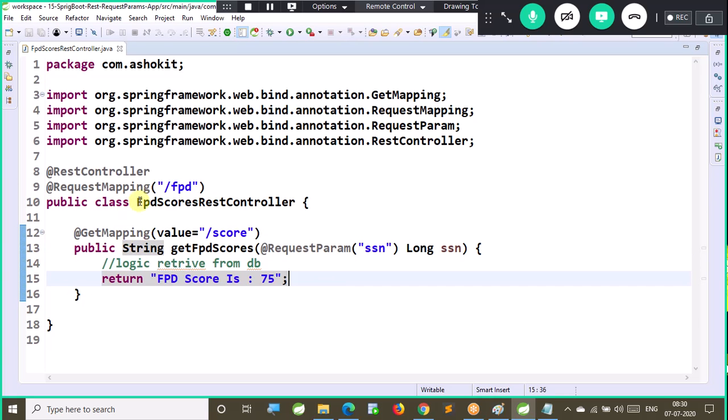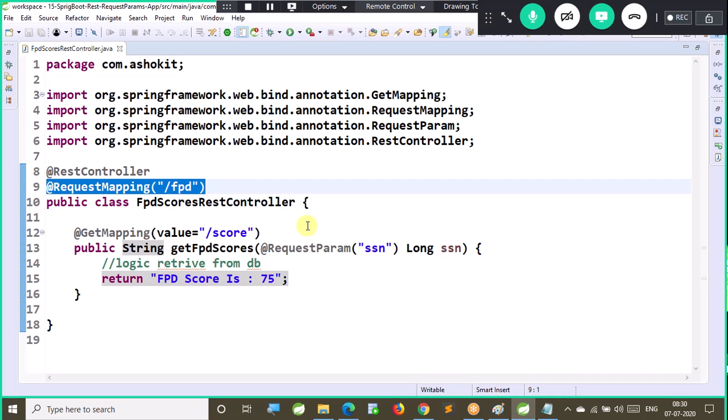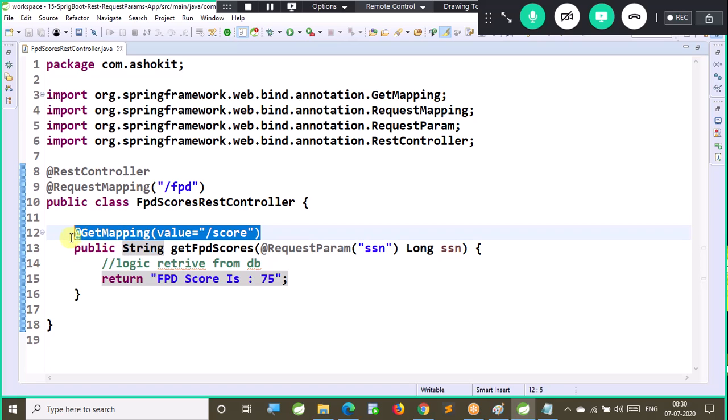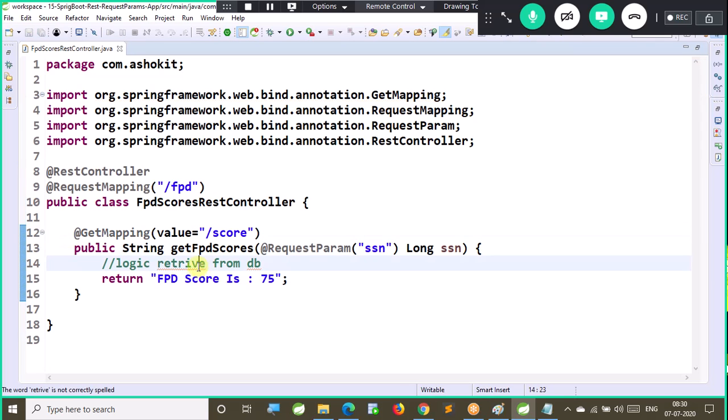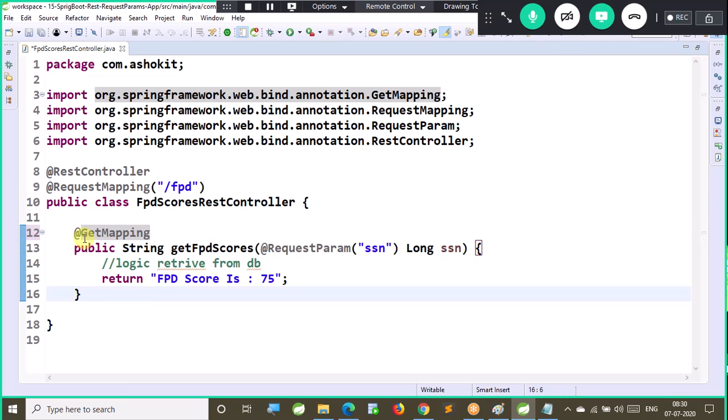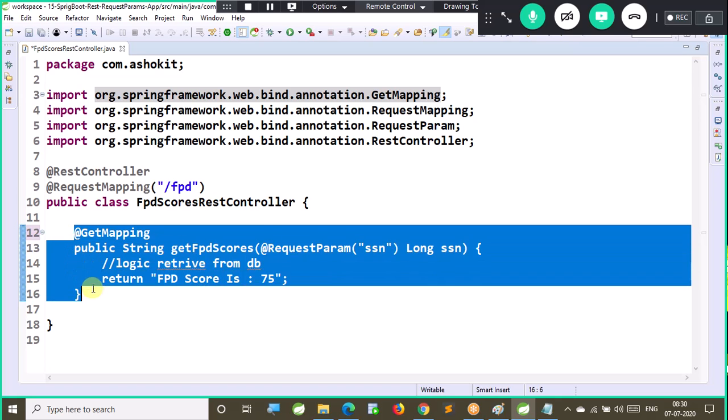Now here in the request mapping, a class level URL pattern is available, a method level URL pattern is also available, but actually in this situation the method level URL pattern is optional. What is the reason why the method level URL pattern is optional here? In this REST controller, there is only one method which is bound to the GET request.